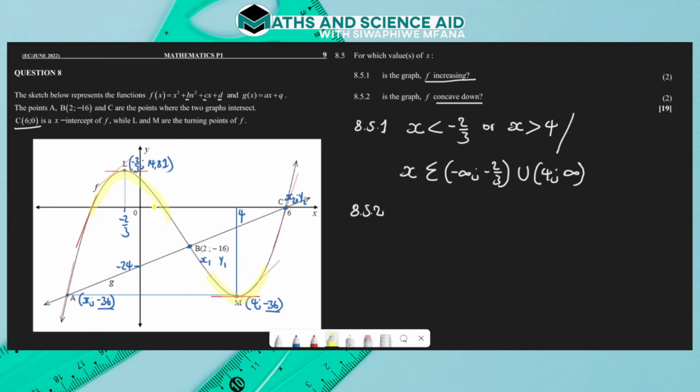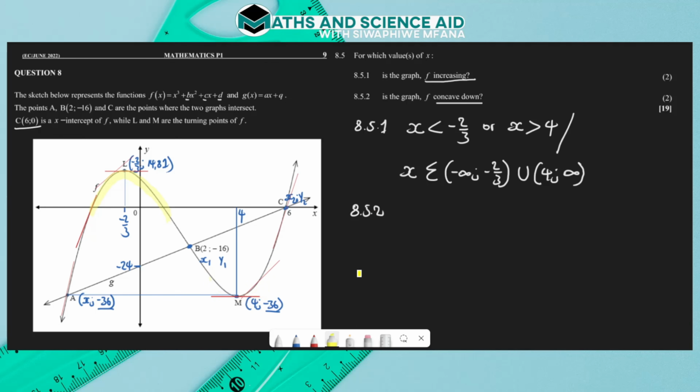So we are interested in the values of x that are around point L. However, in between point L and point M, there will be a point whereby the concavity changes from downwards to upwards. And that is the point which is usually referred to as a point of inflection. And that's exactly what we need to work out here